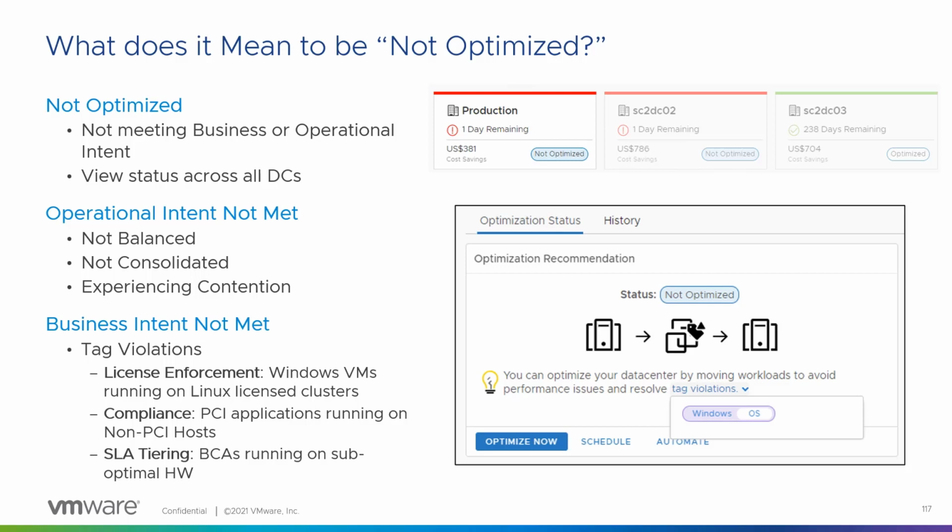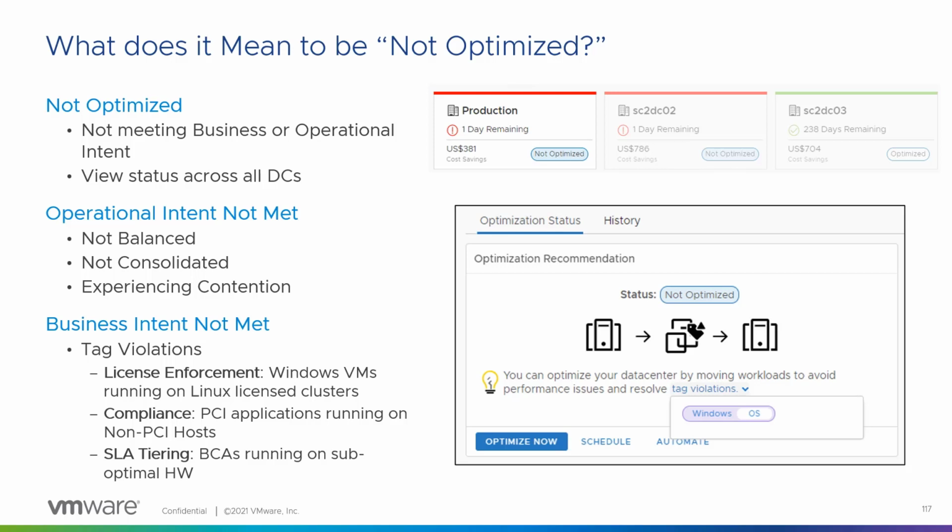If it's not meeting the operational intent, it means it's not balanced and you asked it to be balanced, or it's not as consolidated as it could be, or it's experiencing contention and things need to move. That's a good example of what is operational intent not being met and therefore not optimized. If it's a business intent